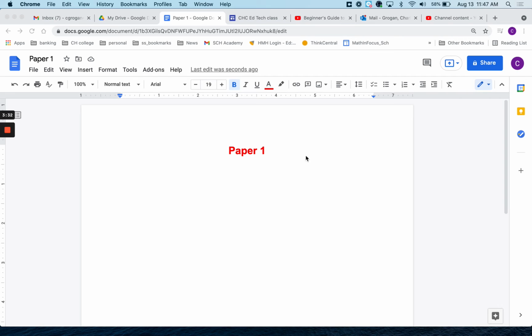Now another important thing about Google and Google Docs is you can share this document with other people within Google or people that have different email accounts. You'll have to jump through a few hoops to share it with someone that's not within the Gmail Google email system, but I'm going to have us do that with Chestnut Hill College email, and you can see it's very easy. But just real quickly, if you click Share,